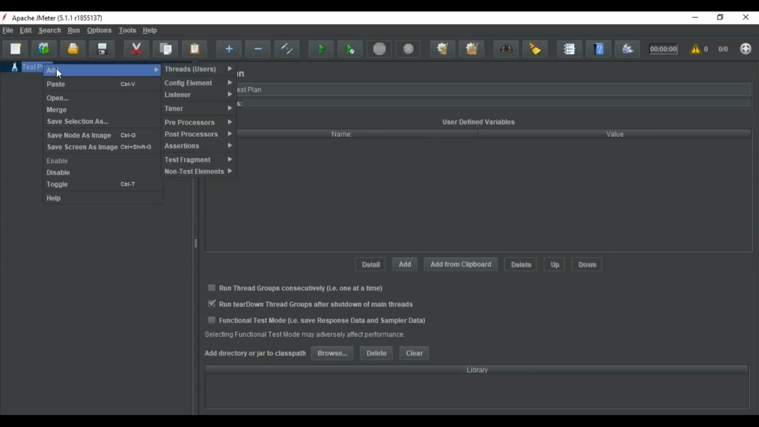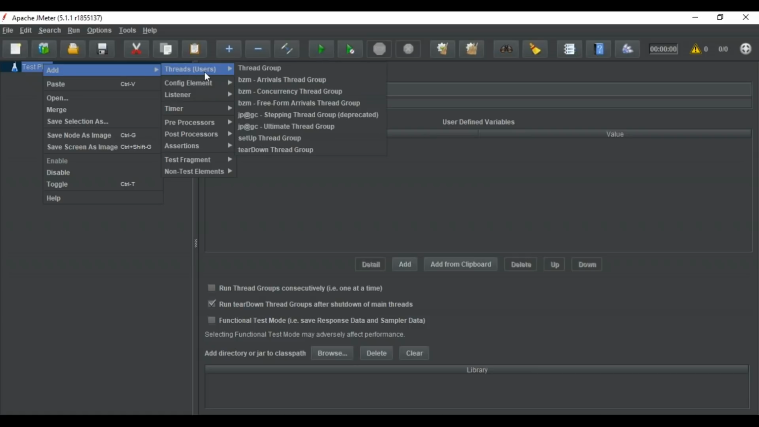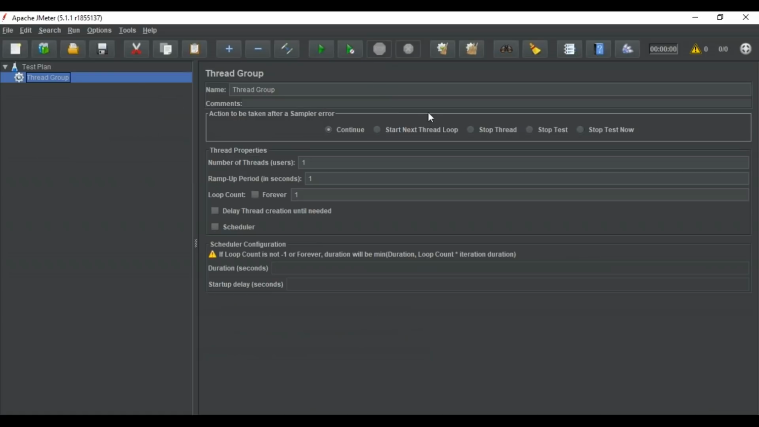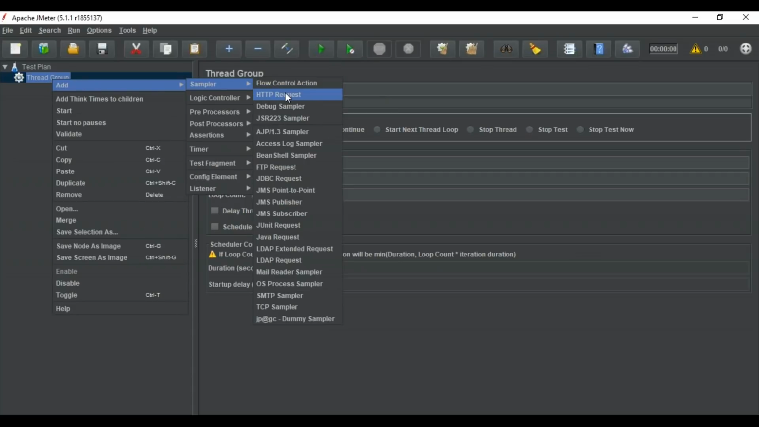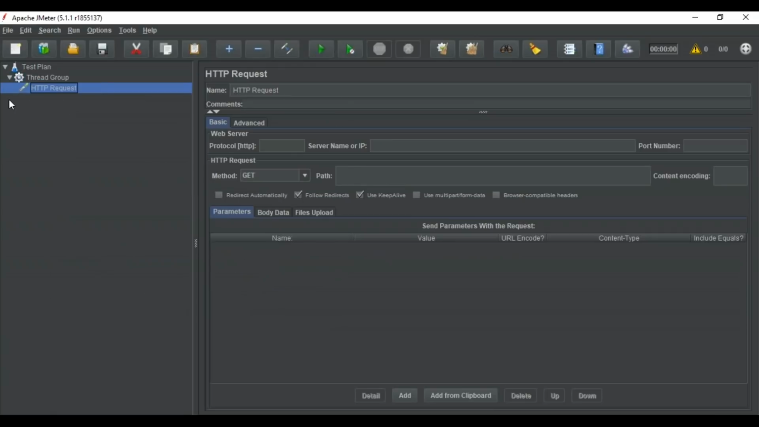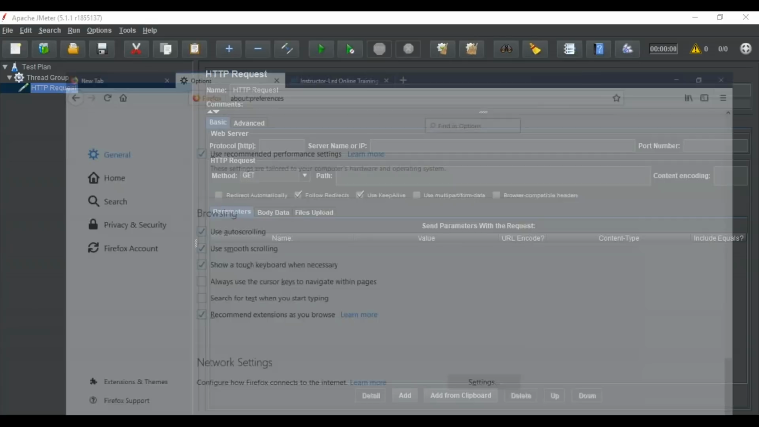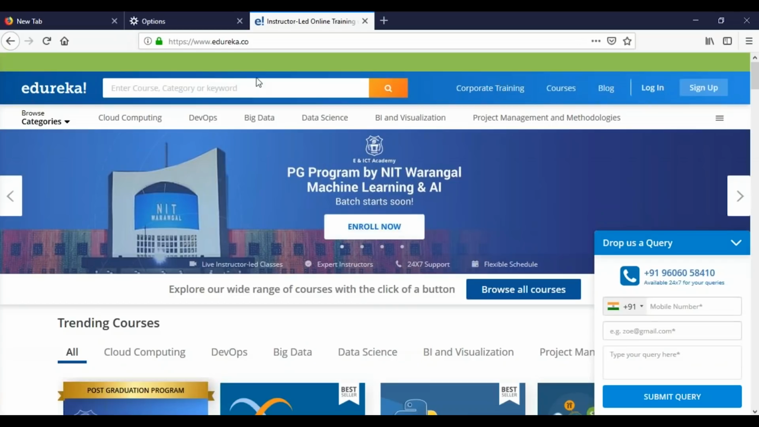In order to create a test plan, the first thing you need to do is add a thread group. Here I have added a thread group, and I have the number of threads or users as 1, and my loop count as 1 as well. Now once you have added the thread group, it's time to add the HTTP request. So here I'll take one HTTP request, and in this case I have to just add one server name. For the server name, I'll just take our Edureka website itself. So the server would be